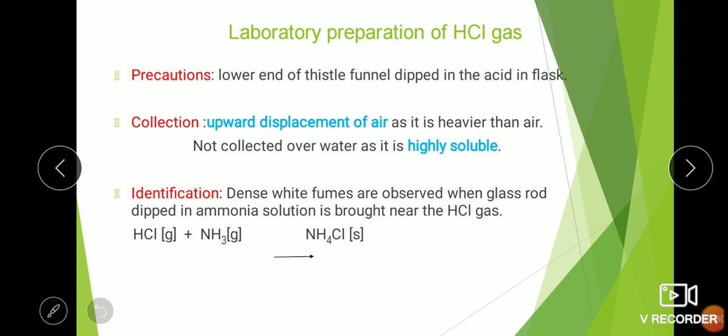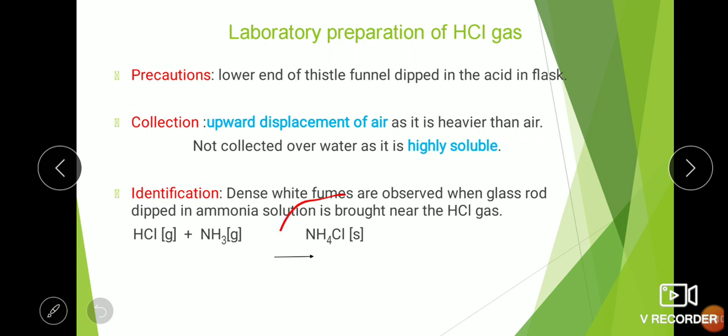How can you identify? Now question arises, how can you identify that the given gas is HCl? You have to perform a simple experiment. We have performed this in 9th standard. That is a test for ammonia as well as for HCl, and that's vice versa the test. If you are testing HCl gas, take a glass rod, dip it in ammonia solution, bring it near the jar which contains the gas. If there's a white dense fume, that means the gas in the jar is HCl. The reaction for this particular test can be written as HCl gas plus ammonia gas gives you ammonium chloride.